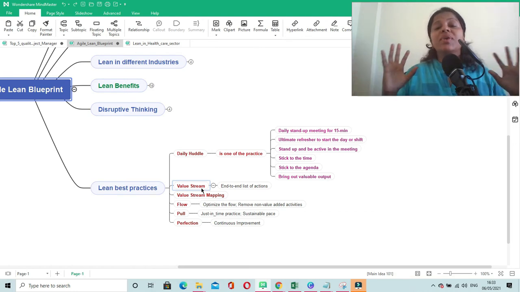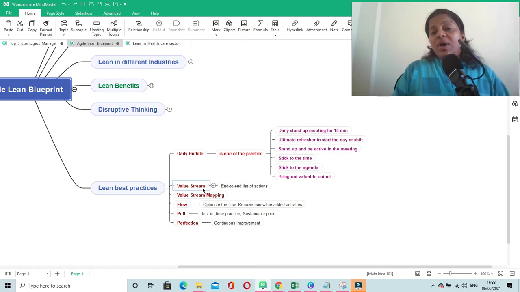That is known as value stream mapping. And you have to do this activity on a continuous basis so as to improve your process and improve your product.